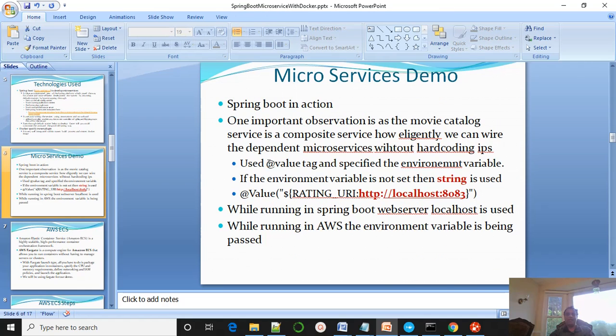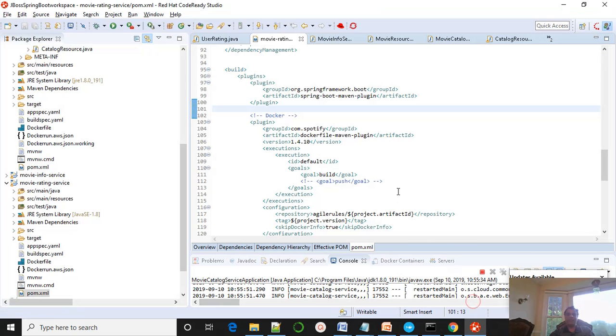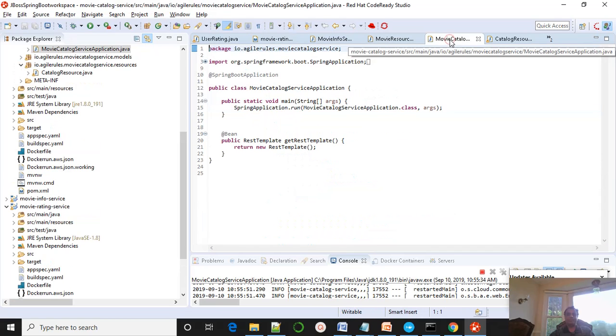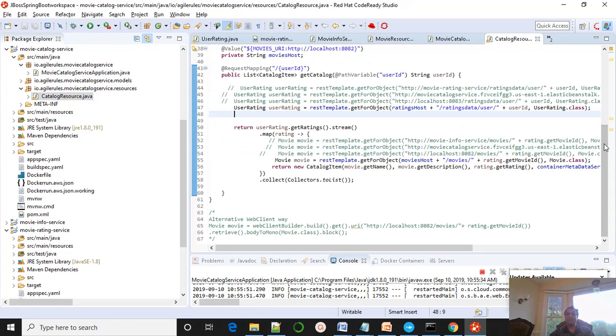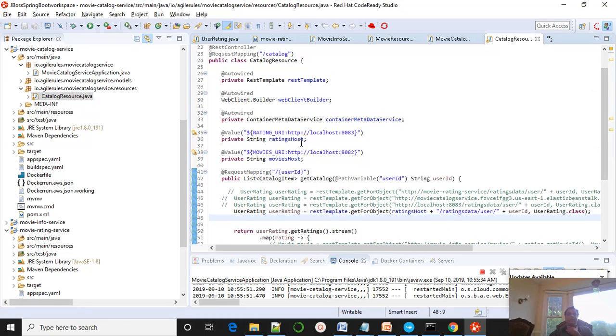There is something called the @Value tag. Let me just show you. We are using the @Value tag in the movie catalog, for example. If you see a resource here, there is a string called rating host and a string called movie host, right? It's basically nothing but the URL, correct? And this URL,